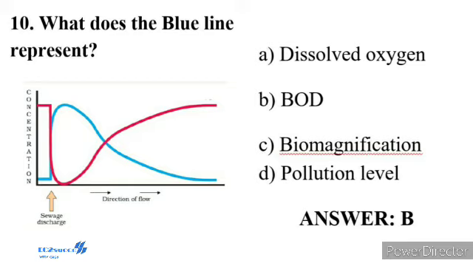It is possible to estimate the amount of biodegradable organic matter in sewage water by measuring biochemical oxygen demand, that is BOD. Microorganisms involved in the biodegradation of organic matter in the receiving water body consume a lot of oxygen, and as a result there is a sharp decline in dissolved oxygen downstream from the point of sewage discharge. This causes mortality of fish and other aquatic creatures. So the correct answer is option B. B is biochemical oxygen demand, that is BOD.